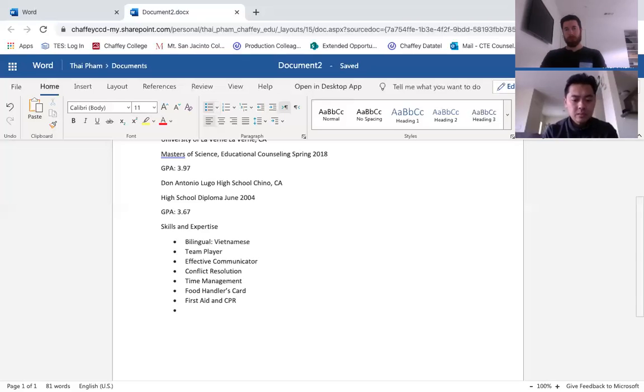Let's see. I'm going to go with tech savvy. So again, this can pertain to working in the office. Maybe you know how to work certain programs more than somebody else does. So I'm going to put Microsoft Office here. Microsoft Office entails not only Microsoft Word, but also PowerPoint, Excel. Again, things that can be beneficial to the employer that they know I know that can help them out. So let's see, I have 2, 4, 6, 8, 9.